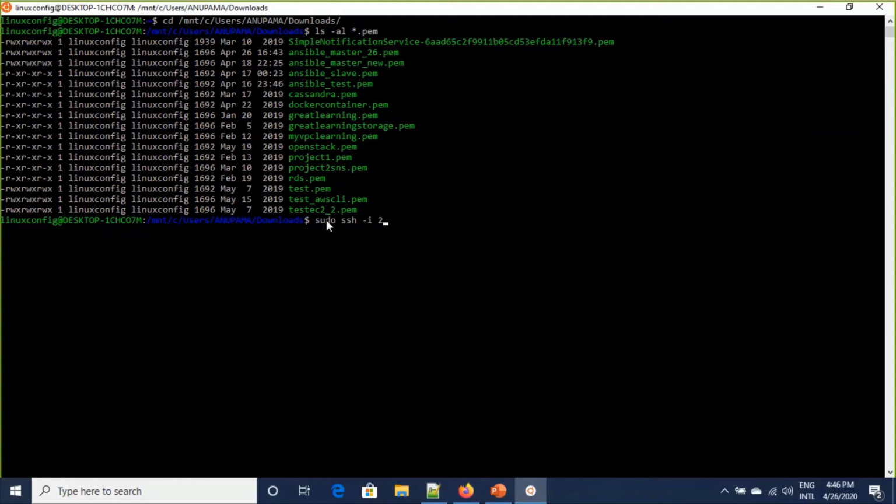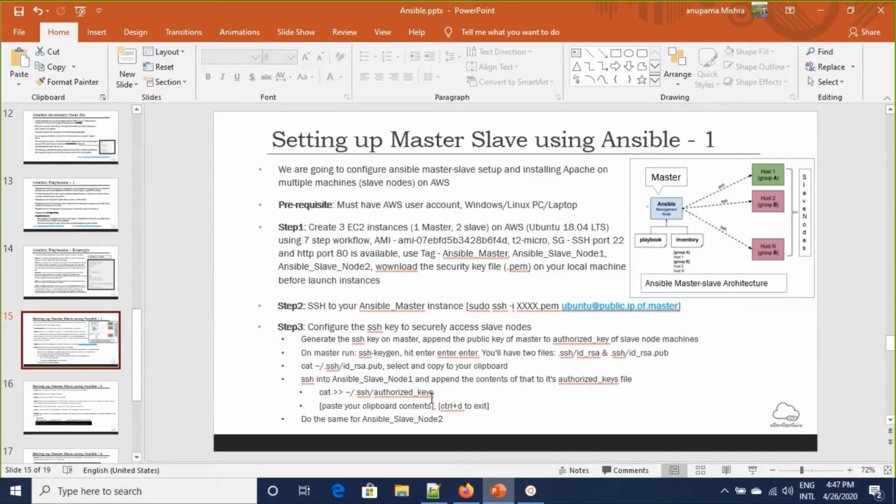So now we can configure the SSH key, to pass the public key into the authorized keys of the slave node, so that it can easily SSH between master and slave. For slave node 1, this is the key.